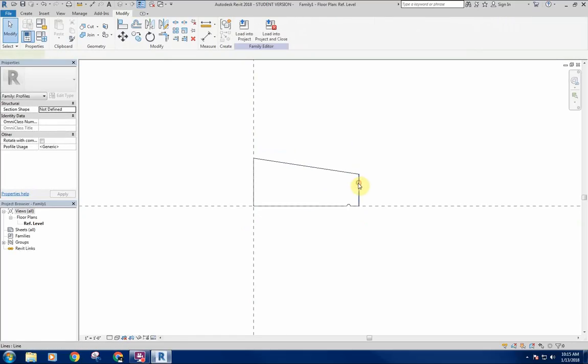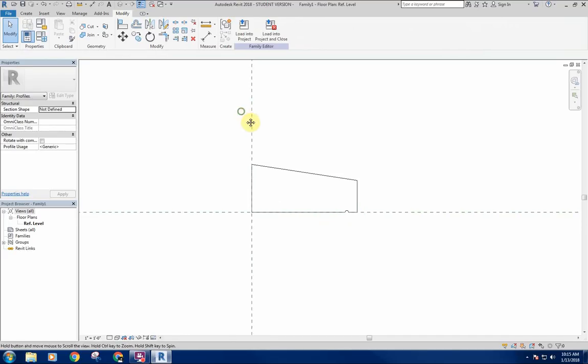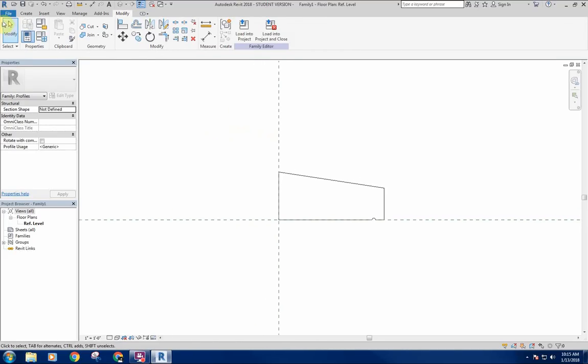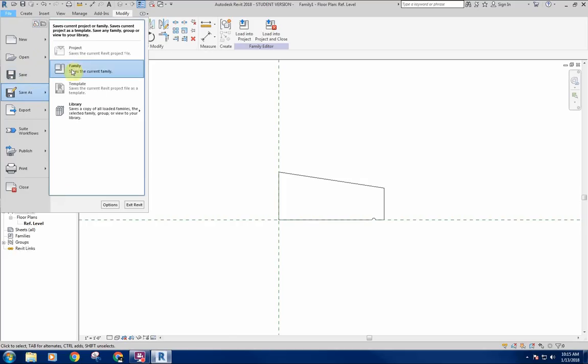And we'll say there we go. So there's our 6.5 inch sill. Should be in good shape. I think that should work. So we'll say File, Save As,